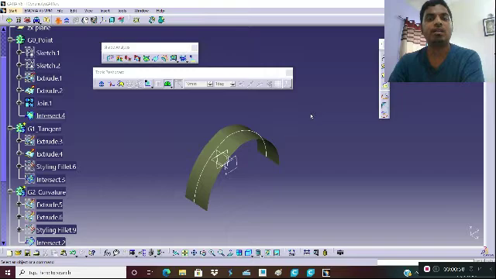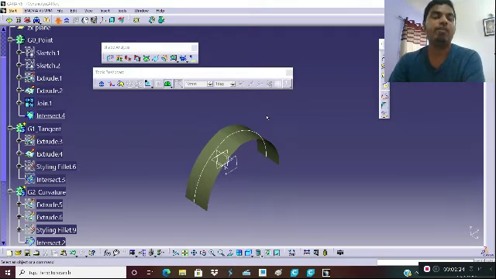In today's session, we will be using porcupine curvature analysis to identify whether the given surfaces are connected by means of G0, G1, G2 or G3 continuity. Before going into that, let's see what is meant by G0. G0 means point continuity. In point continuity, the surfaces are connected by means of a common edge.